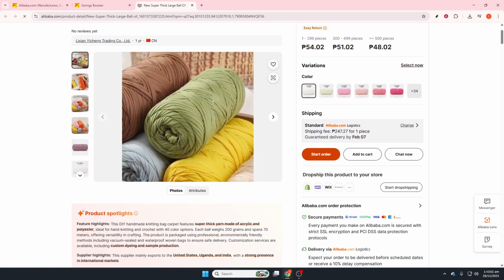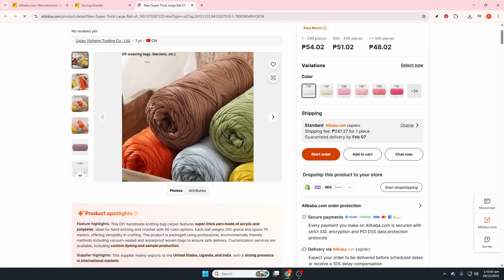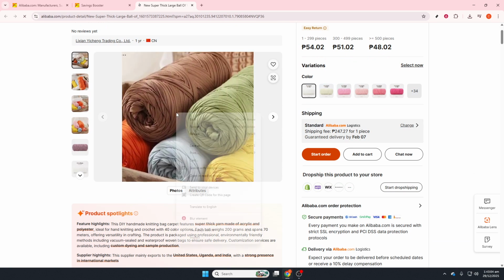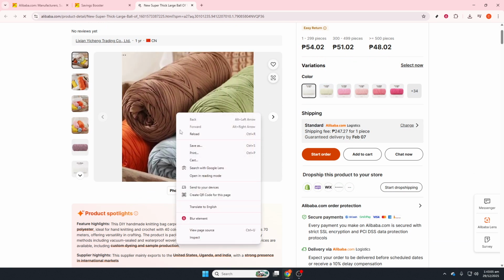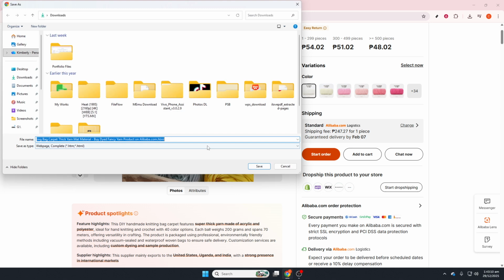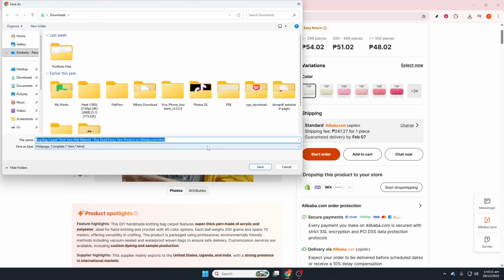On the product page, click the main product image to enlarge it. Most listings open a lightbox or a dedicated image viewer when you click. This matters because the enlarged view usually loads a higher resolution version. Give it a second to fully load, so you're capturing the sharpest possible image. If there are arrows to navigate, you can click through until you see the exact photo you want to save